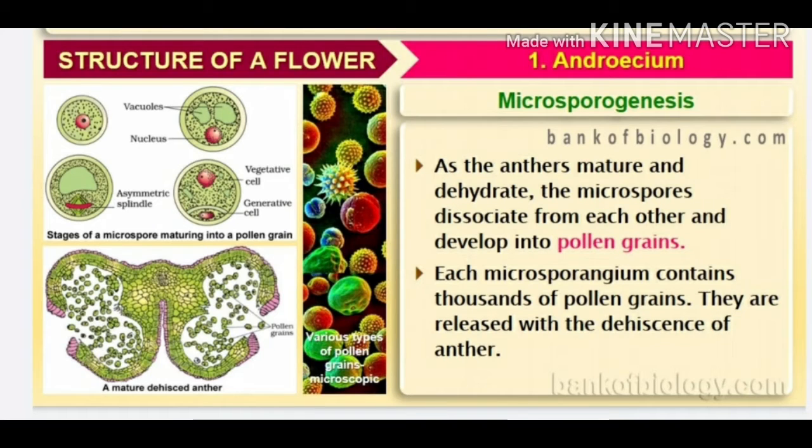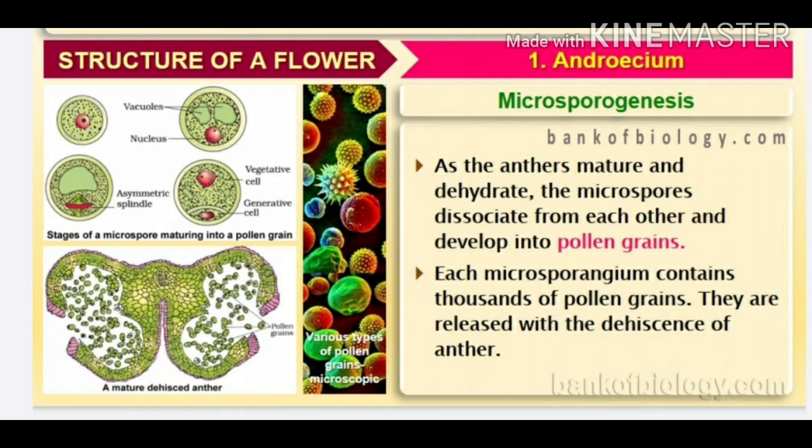Okay, so dear students, in the last class we just dealt with the process of microsporogenesis. In that you have seen how the microspores are formed, and these microspores will later form the pollen grains. So today we will discuss how the pollen grains are getting formed. So you know that the pollen grains are actually developed from the pollen mother cell by meiotic division. Okay, and these pollen grains are actually representing the male gametophyte.